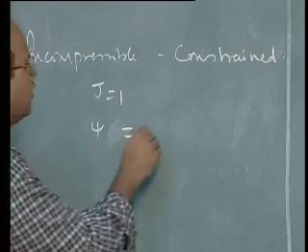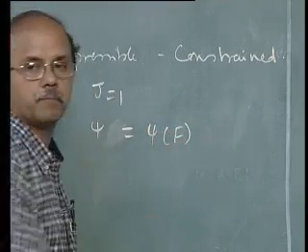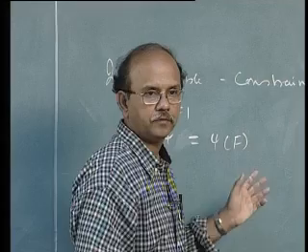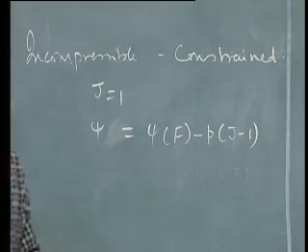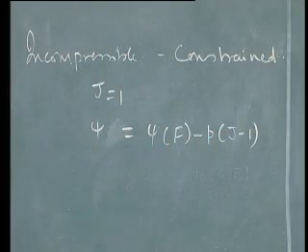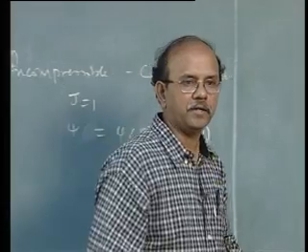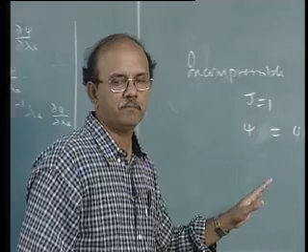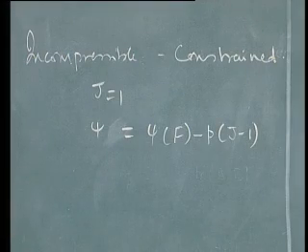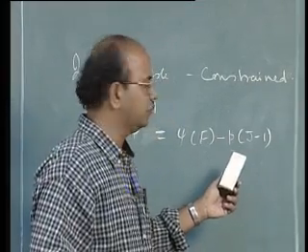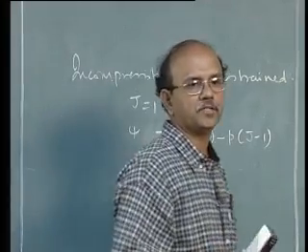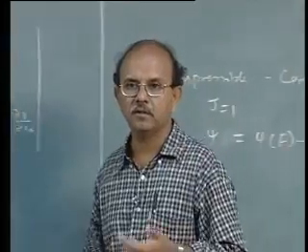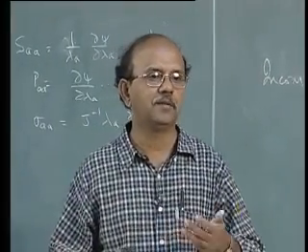In other words, it's not only a function of the deformation gradient, but also a function of minus p into J minus 1, where p is the Lagrangian multiplier and is identified to be the pressure term p. It's a very common thing that you do when there is a constraint. When there is a constraint condition J equal to 1, you have this J minus 1 multiplied by the Lagrangian multiplier,